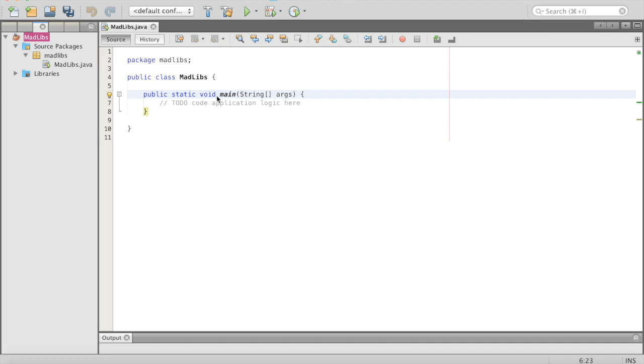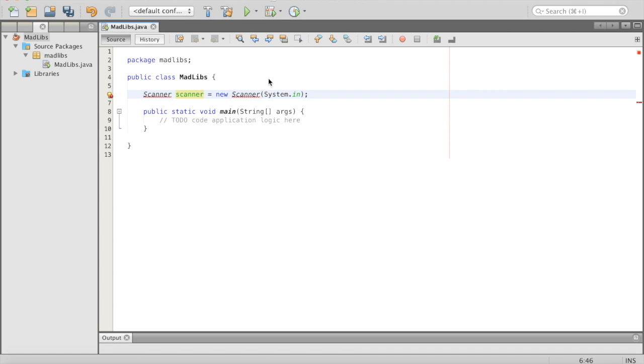close it up. And we are going to start off our Mad Libs project by creating some instance variables, some fields, some properties for this program that is going to ask us to give adjectives, nouns, adverbs, verbs, whatever, and then make a story out of it. So the first field we are going to create is a scanner. So we'll go Scanner, scanner equals new Scanner,